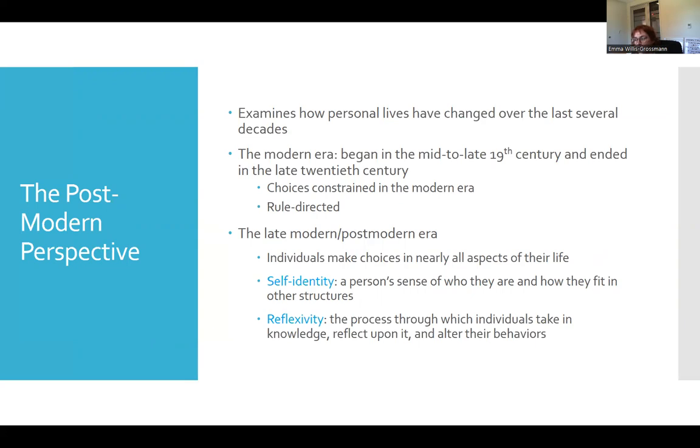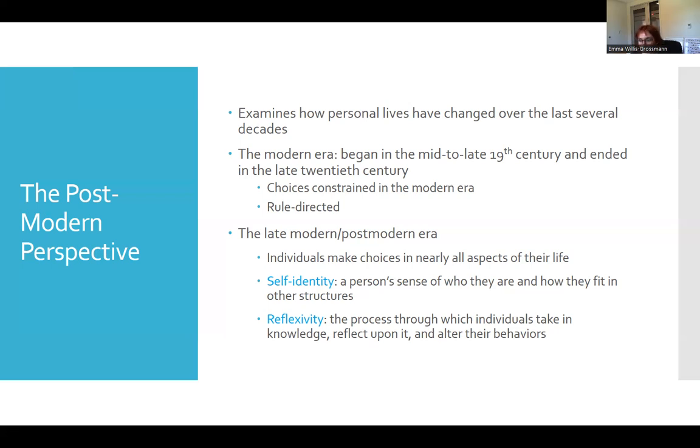And the career options that were available to them were house care workers, secretaries, teachers, things like that. So again, very limited options. Much of the modern era is marked by following a specific life path. So, for example, being a student, getting a job, and then getting married and having children in that specific order.